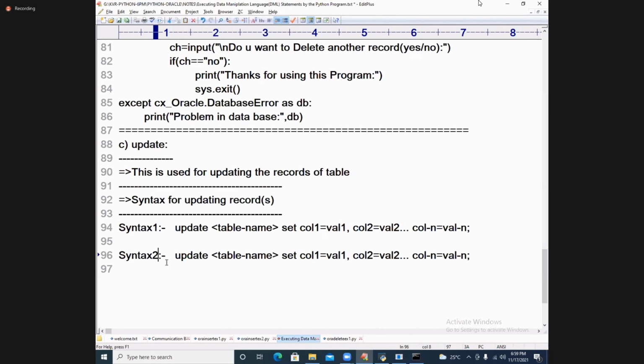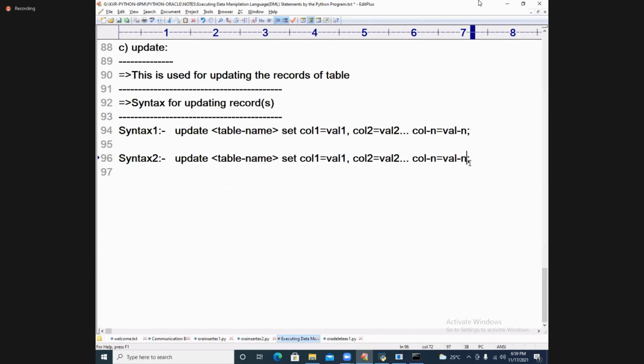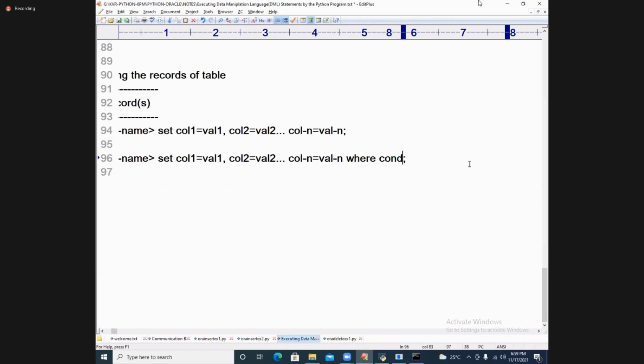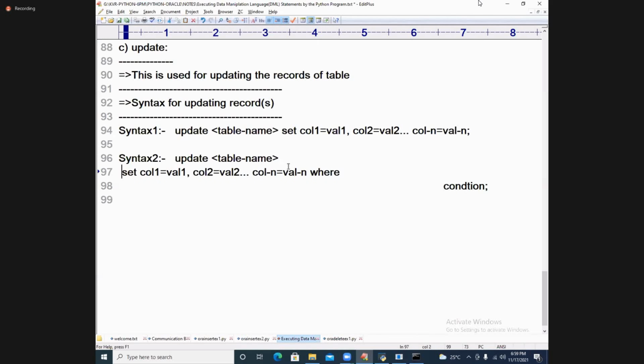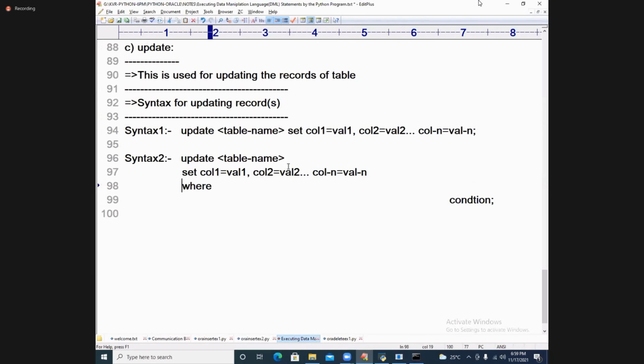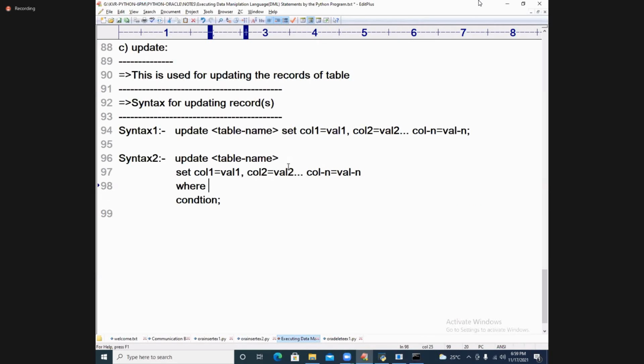That is called the second one: where condition. Even you can write like this also, no problem. Set, you can write one by one also, no issue at all. So coming to the point back, like this also you can write it.